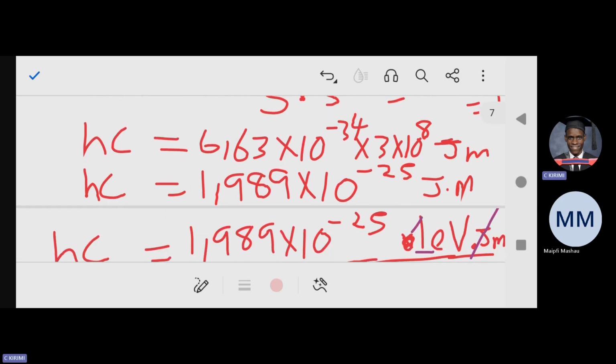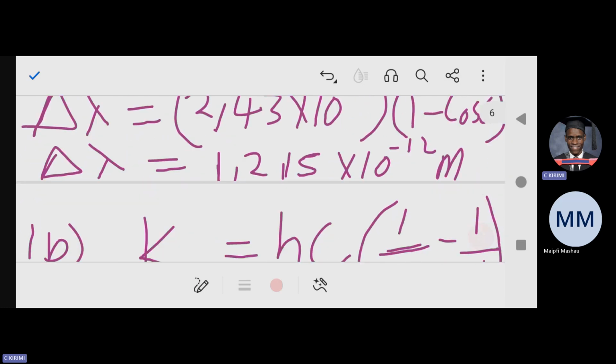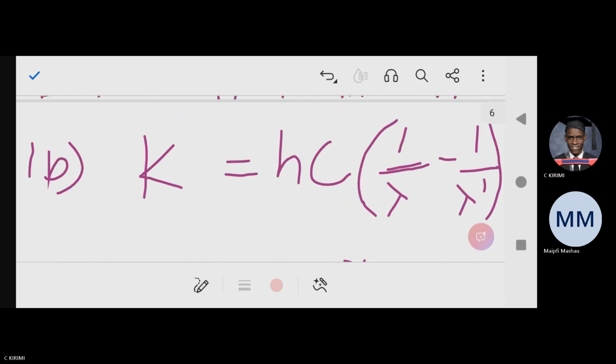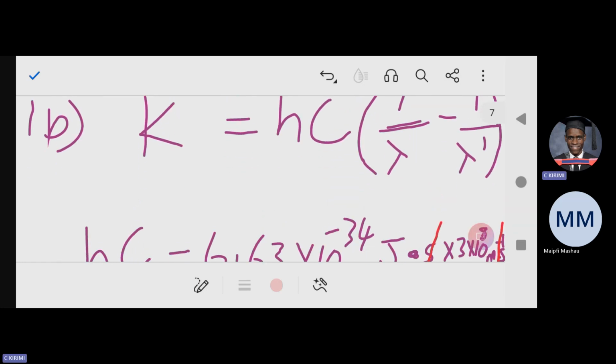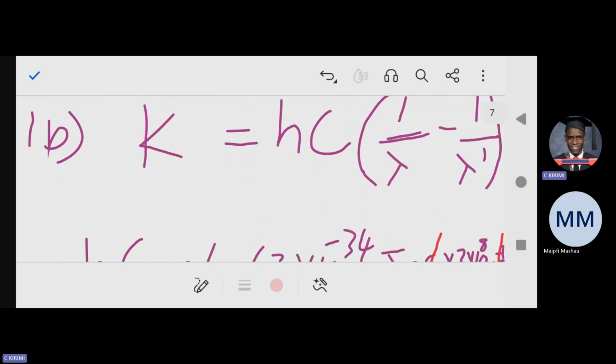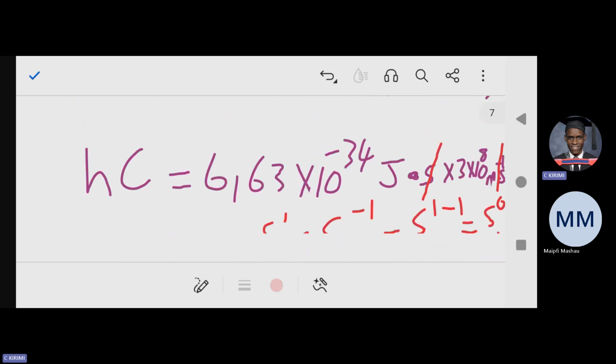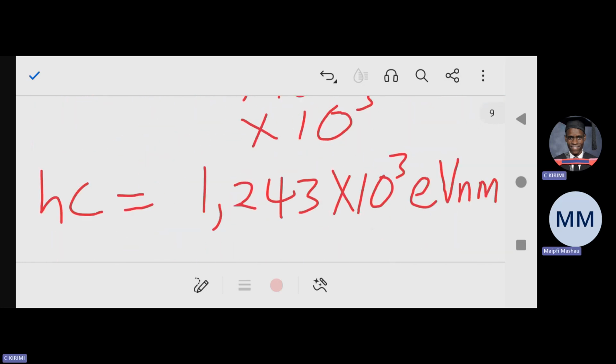Because you can't use it as a joule, as energy, straight away. So once you are here, then you substitute the formula. Let's substitute the electron volts first. Now we are substituting the electron volts. So which means your kinetic energy K, you plug in your values, which means K is equal to